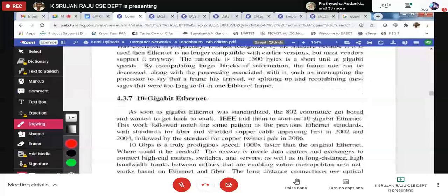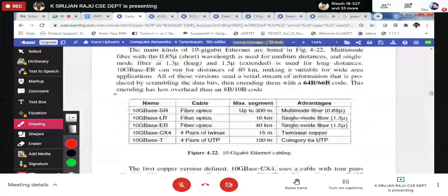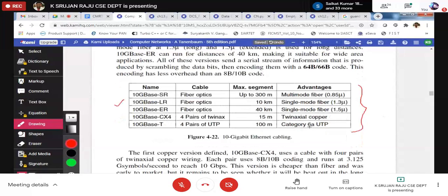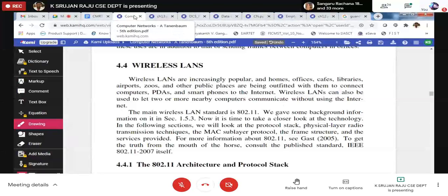And then finally we have the 10 Gigabit Ethernet, and in this 10 Gigabit Ethernet also you are going to have various types. These are the cables we use for which purpose. So this is what exactly about switched Ethernet or standard Ethernet, how it works.